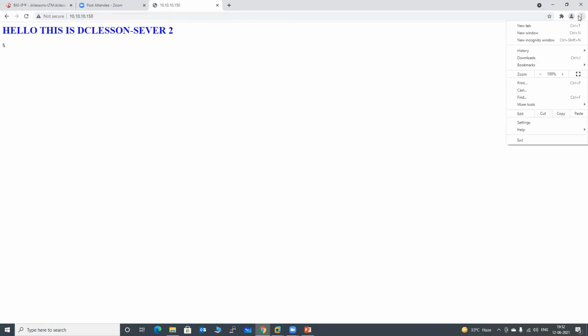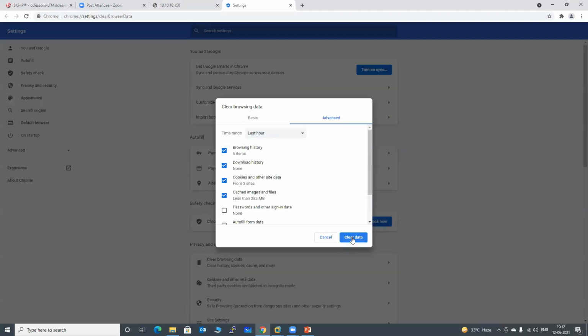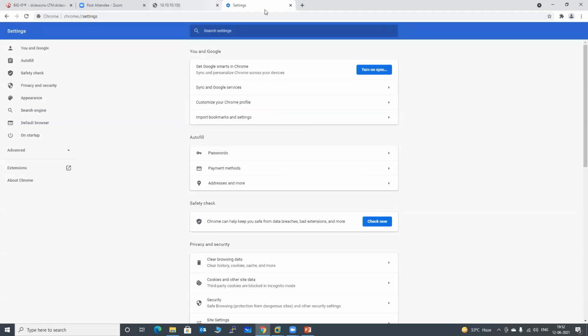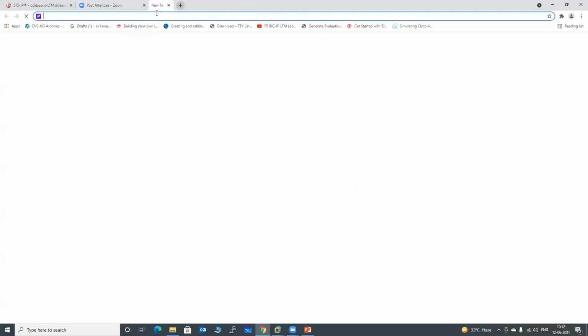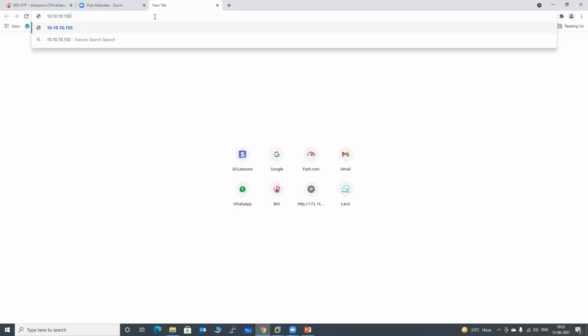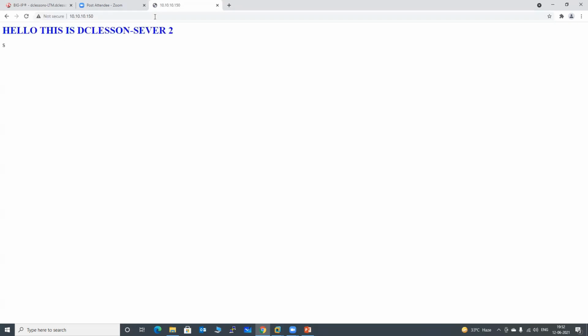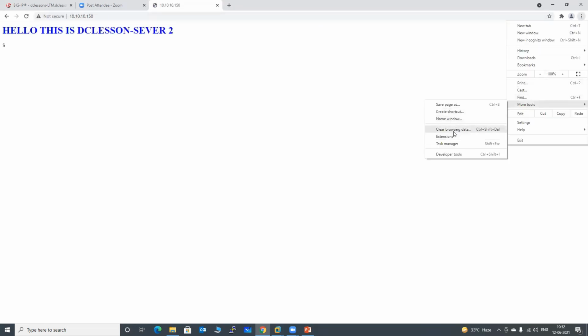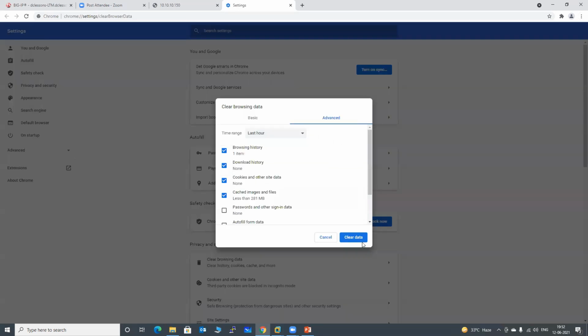So what we can do, we can go and clear the browsing data now, and then again we can access 10.10.10.150. So it's going to server 2. Again we will clear the browsing data,